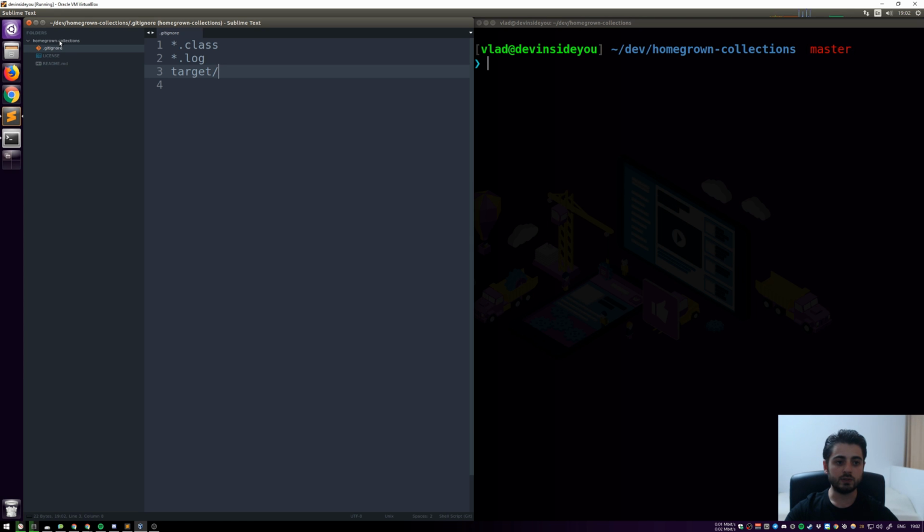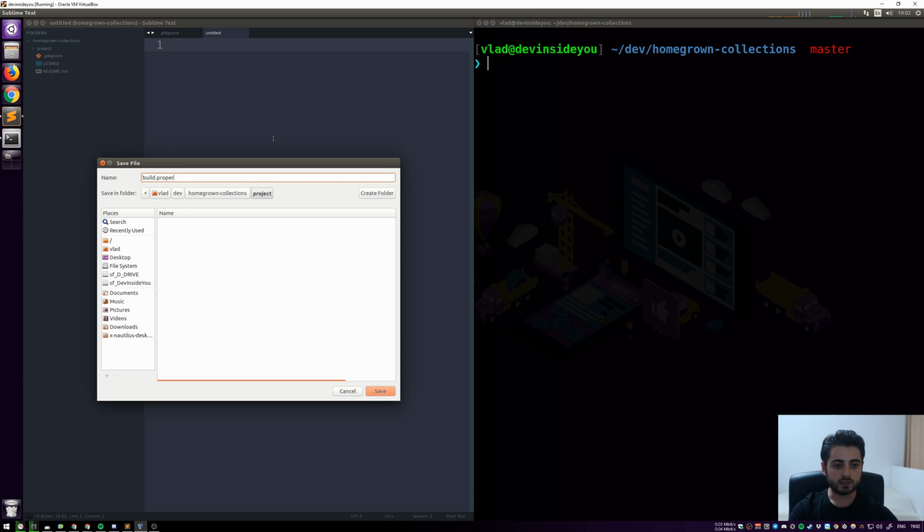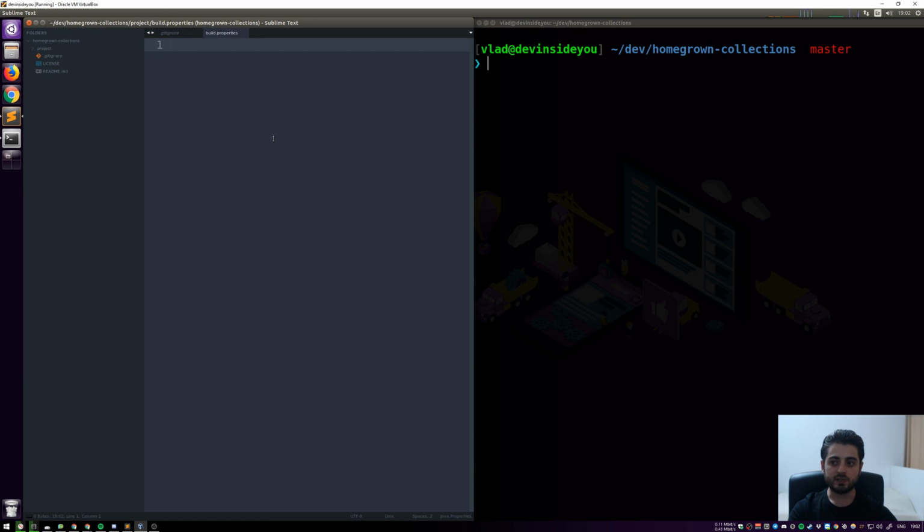So the first thing that we're going to do is create a folder called project. All right, and inside of project, we're going to create a file called build.properties. And in build.properties, the only thing we need to do is specify the version, which is going to be